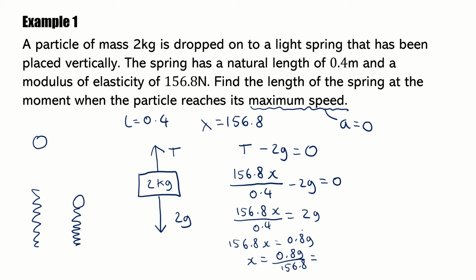And if we type that into our calculator, we will get 0.05. However, watch out, this isn't the final answer to this question because they wanted the length of the spring at the moment when the particle reaches its maximum speed. X is not the length of the spring, it's just the amount the spring has been compressed by. So therefore, if we want to work out the length of the spring as a whole, it's going to be